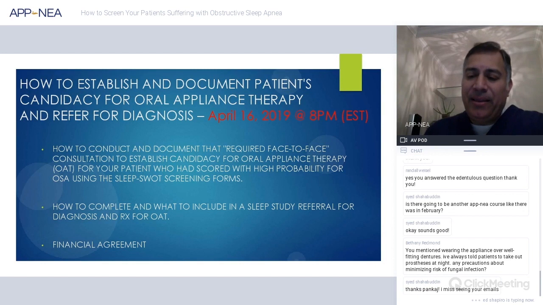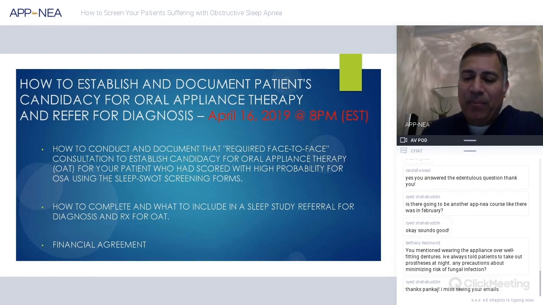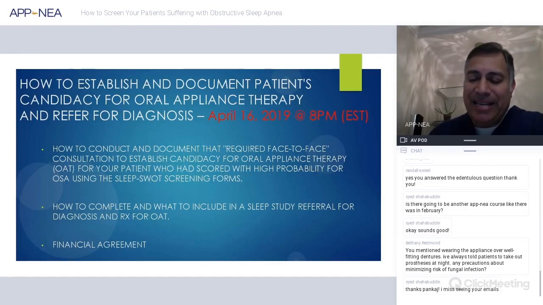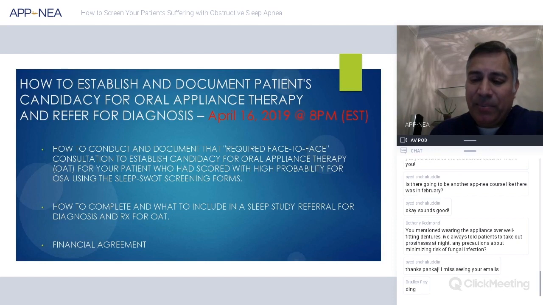So if you remember from dental school, you were taught to tell patients to take their dentures out at night. But how many of you, just by a ding, have actually experienced a patient coming back to you and refusing, saying they prefer to sleep with a denture in place? And the reason is because